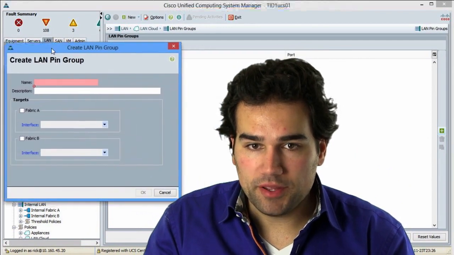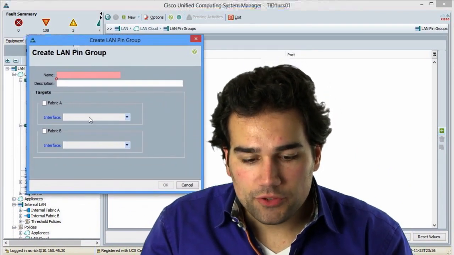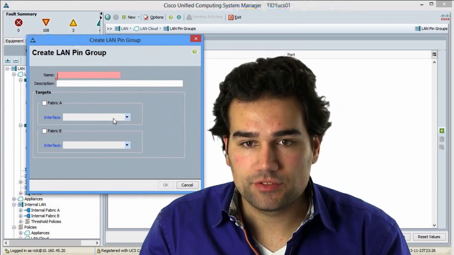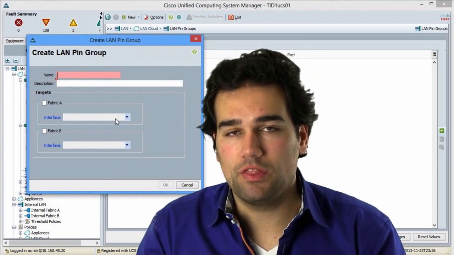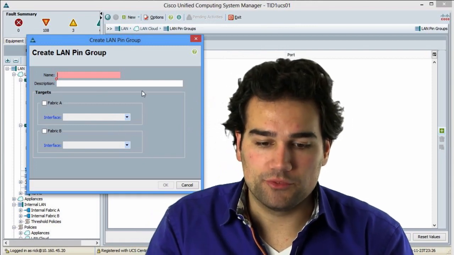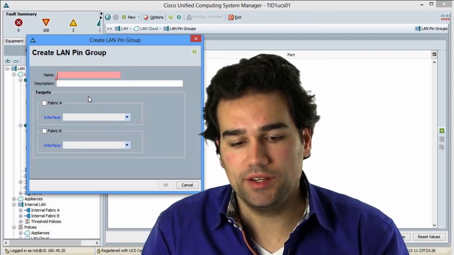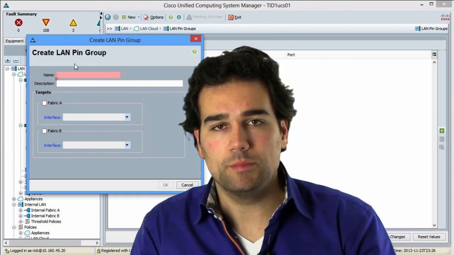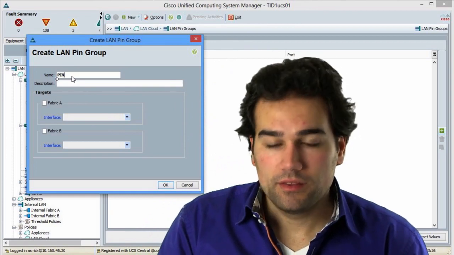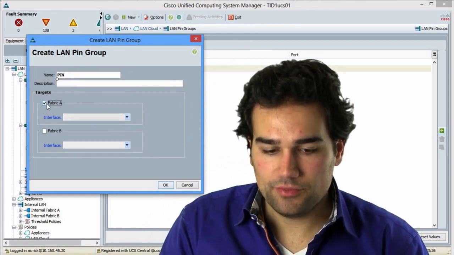And by the way, if you're using a Mac, you cannot configure pin groups. That's a Java failure. This drop-down box is not visible on the Macs, only on Windows. So I'm using a Mac, but I'm running the UCS Manager always in Windows because I do not trust the Java implementation anymore. So I can create a pin group here and say, all right, if traffic is